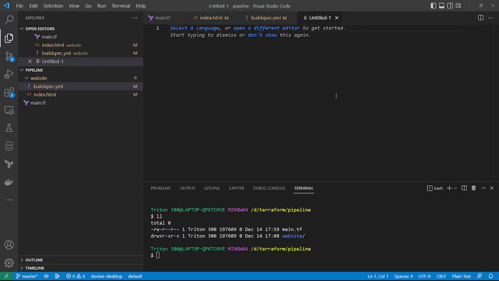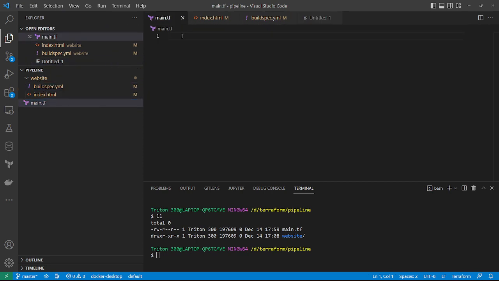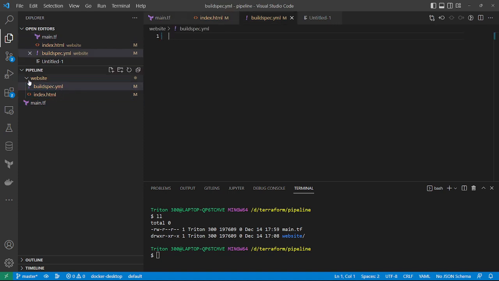Hello guys, I'm gonna deploy a CI/CD pipeline with Terraform. So I am starting with a main.terraform file, which is empty. I have an index.html file and a buildspec.yaml. I have a folder called website. So currently